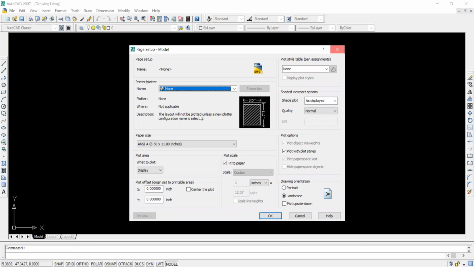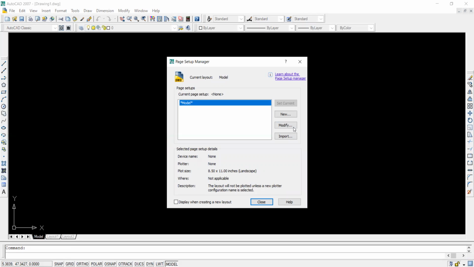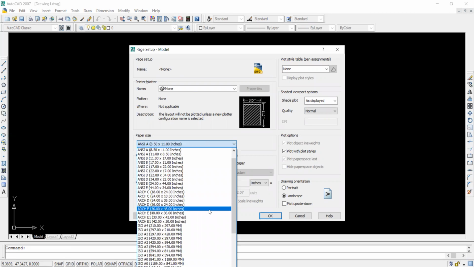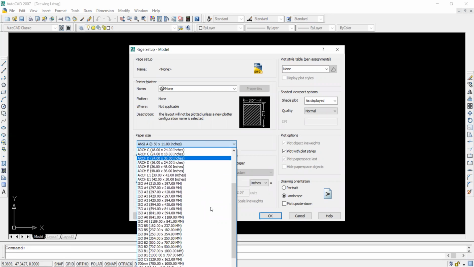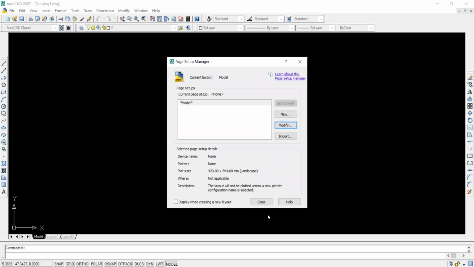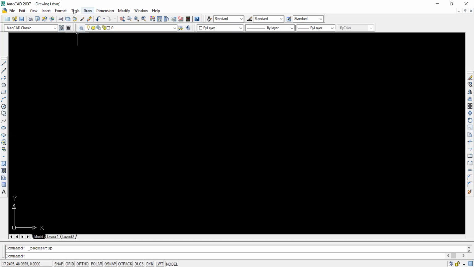So here we can set up our drawing limits. So you can have such type of setup. Already in theory class I had given what are the different dimensions of A0, A1, A4. Just I will select here and I'll say this is our paper. Okay, so this completes the paper selection.